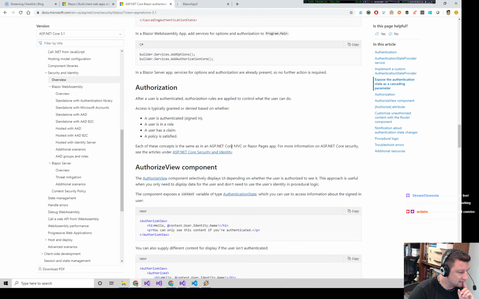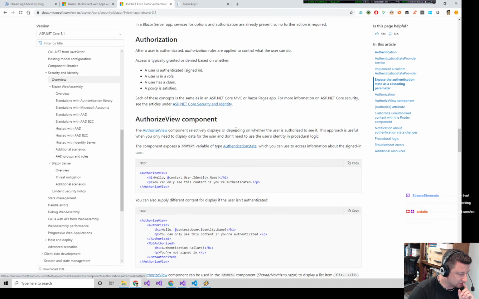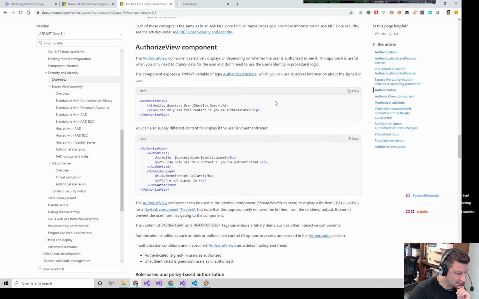Okay. So here's authorization, basics of which are that you're either authenticated or you're anonymous. And then you might be in a role, you might have a claim, and you might have a policy that it is or is not satisfied. So this has a concept of policies. Authorized view is what you use to display UI depending on if they're logged in,